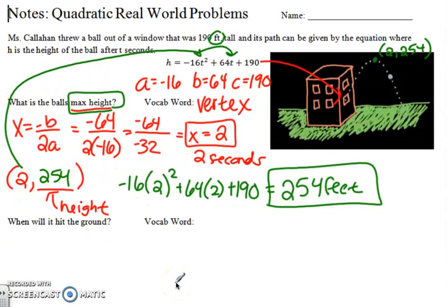Now it wants to know when the ball is going to hit the ground. First off, that's going to be what vocab word? Hitting the ground would be the x-intercepts, and that is when you solve something. This whole module has been where we find our x-intercepts, where it crosses the x-axis,